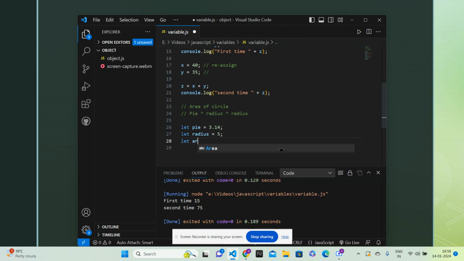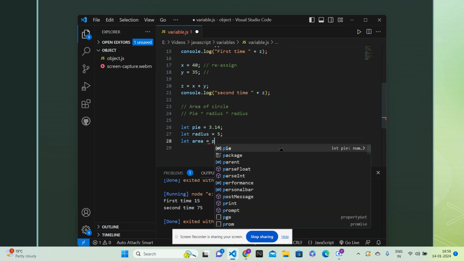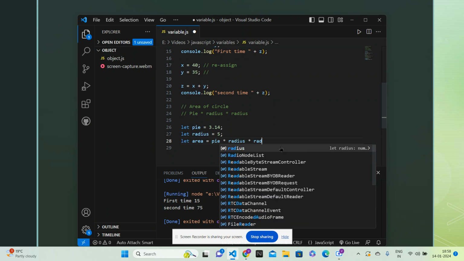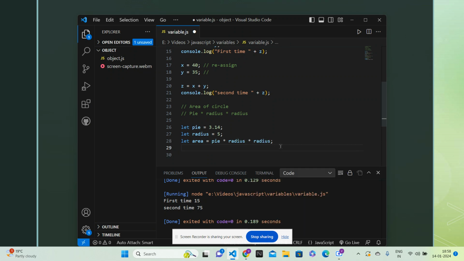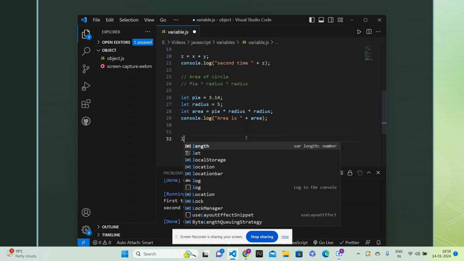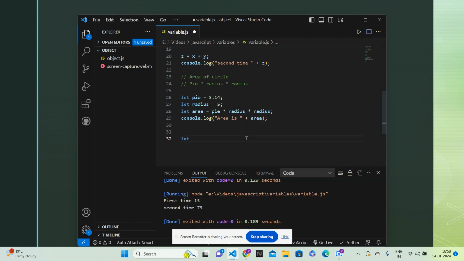Now to hold the area, you will create another variable. Let's say area, and now you can write pi into radius into radius. And if you print the area, you can print whatever is there inside area and you'll get the area. Now if I ask you to change the radius,